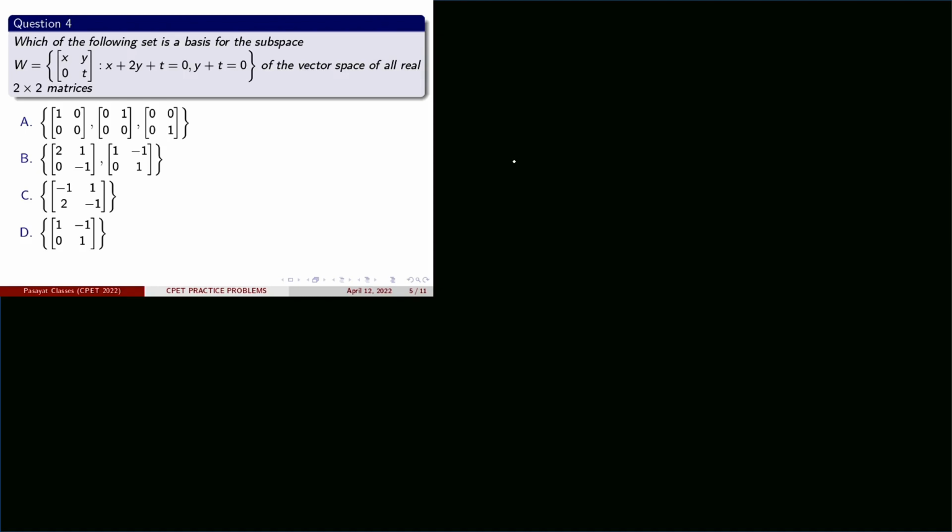Given that W is of the form, W is equal to matrices of the form x, y, 0 and t, and the conditions are x plus 2y plus t is equal to 0 and y plus t is equal to 0. Now the dimension of W is equal to